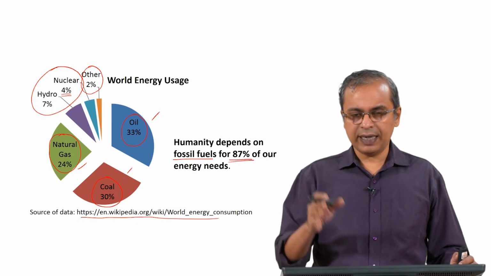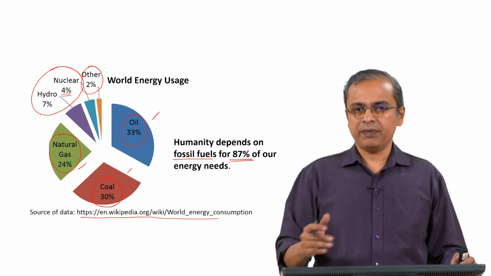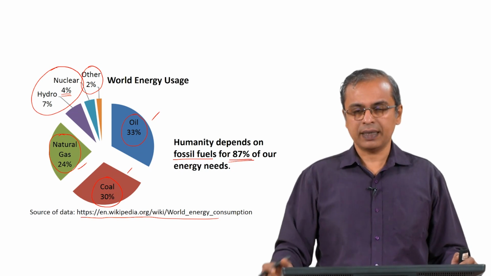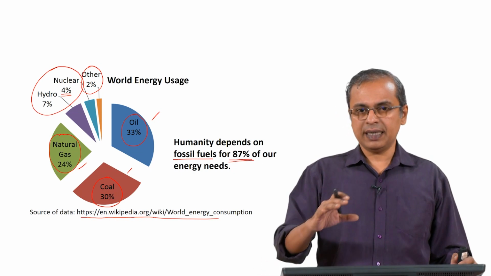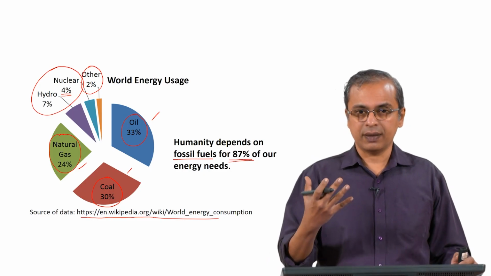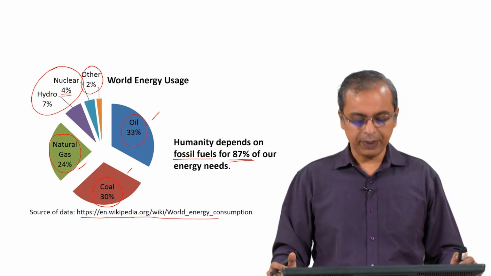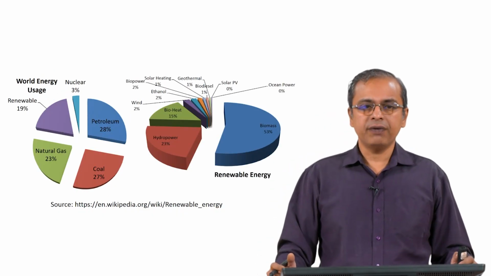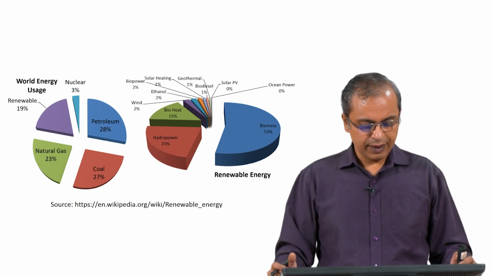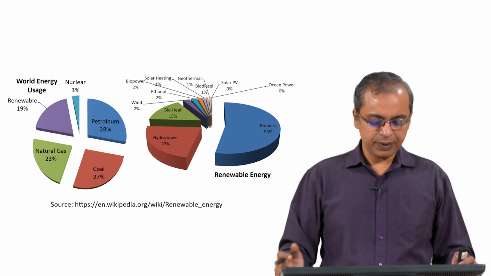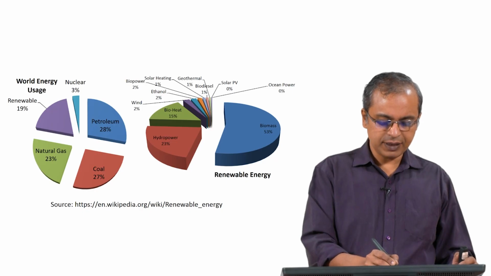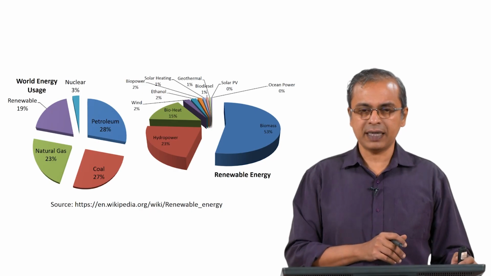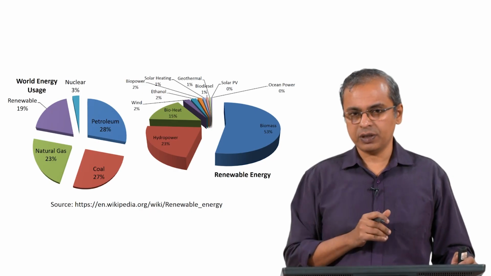Even this I will show you in a slightly different format in our very next slide, but we will take this and move a little further to get a bit more detail and to understand what else we can examine in this kind of pie chart. So, again on your left you see world energy usage, and you can broadly see the same kind of features here. This data is not an exact match of what we saw in our previous slide, and I will try to highlight what is different about it.